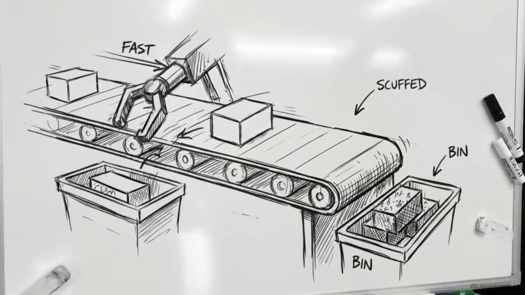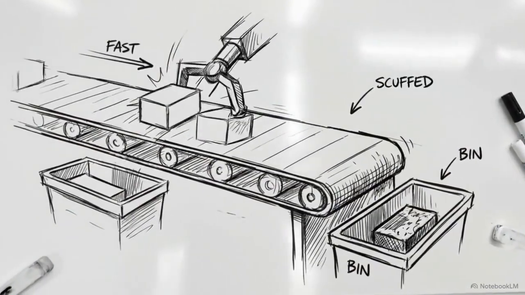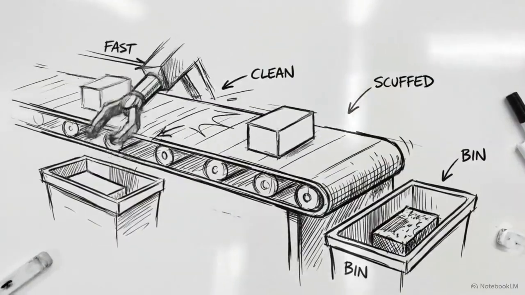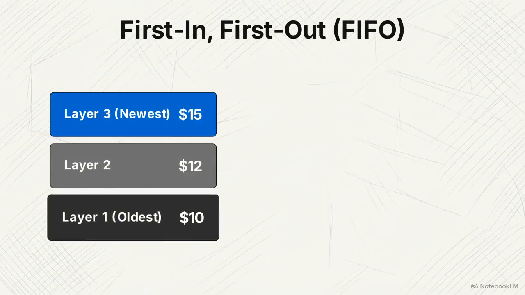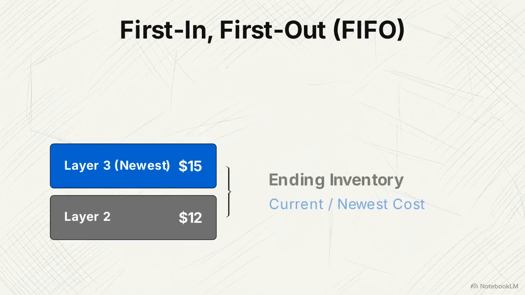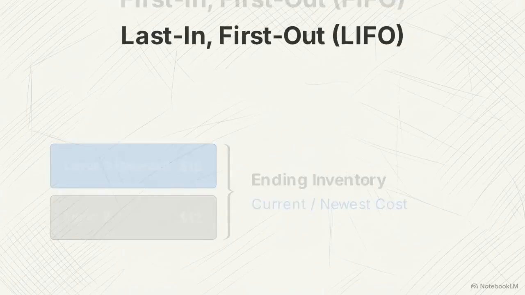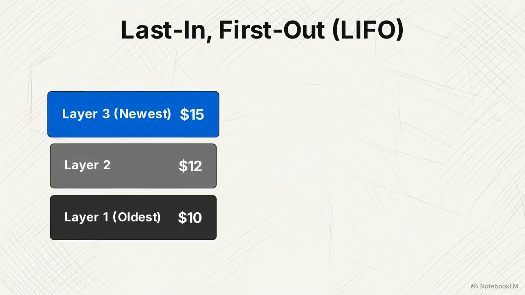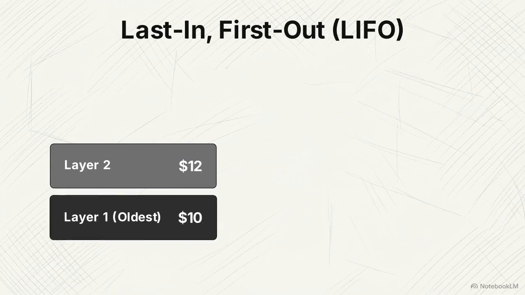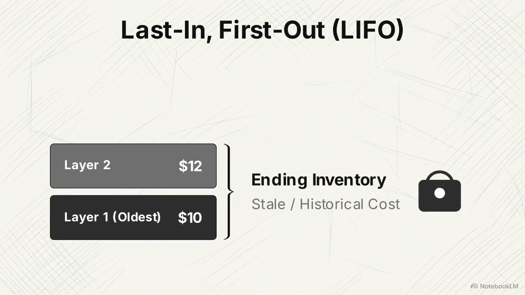During periods of inflation, different cost flow methods, like FIFO and LIFO, push completely different costs to the balance sheet. First in, first out, or FIFO, assumes the oldest goods are sold first. This leaves the newest, highest, and most current costs sitting on the balance sheet as ending inventory. Last in, first out, or LIFO, does the opposite. It assumes the newest goods are sold first, leaving the oldest and potentially highly outdated historical costs locked on the